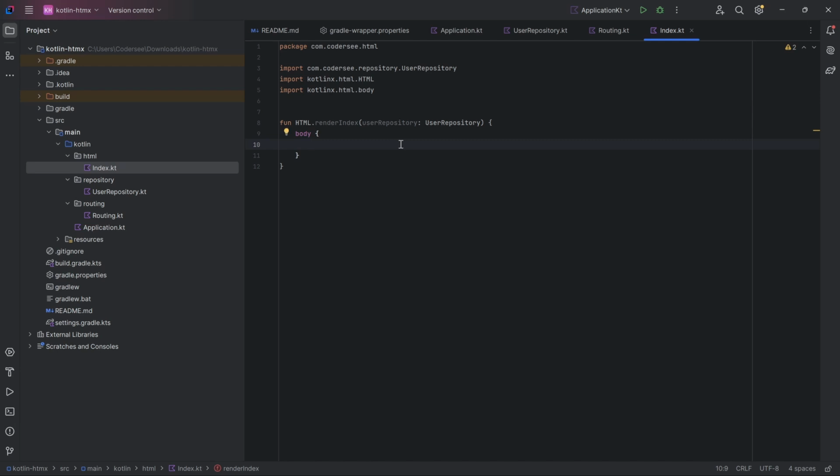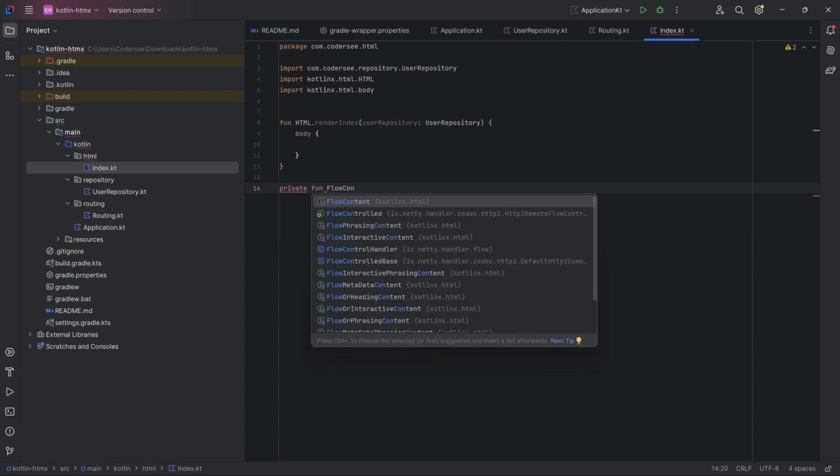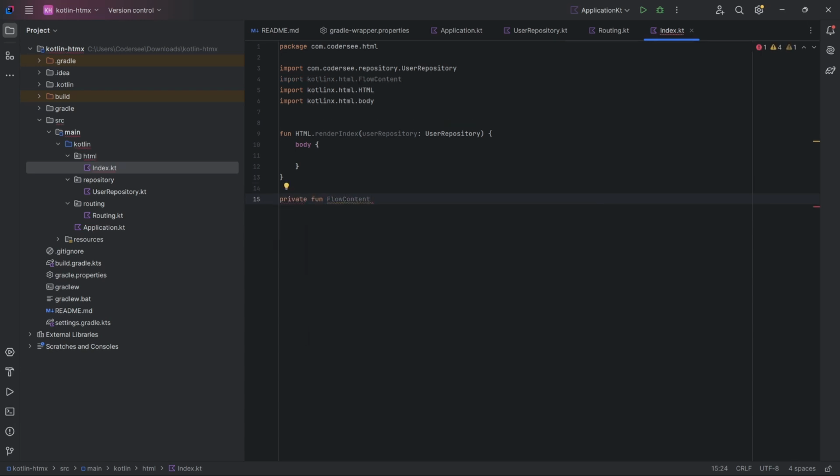So again, I would like to add the insertHeader extension function. So let's extract that already. You will see maybe at this point this looks like over-engineering, but we'll go with this hierarchical structure from the very beginning. So you will see later that this helped us a lot to keep the structure cleaner, in my opinion. So the first thing will be private fun FlowContent from Kotlin HTML, and FlowContent is the marker